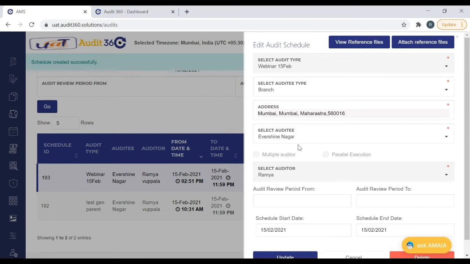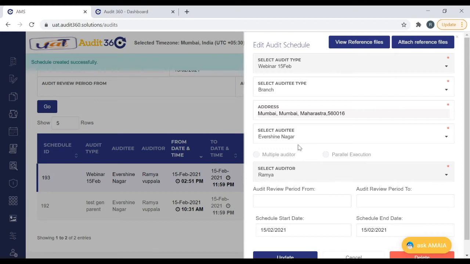In this current feature, the reference details can be shared by the super admin to the auditor, and the details can also be viewed by the auditee. Reference details can be shared by an auditee to the audit team, where the reviewer, super admin, or auditor can view these reference files, and the auditor can also attach reference files which can be viewed by the audit team, which is your reviewer, super admin, and also the auditee.